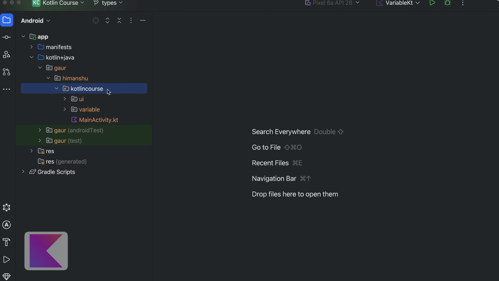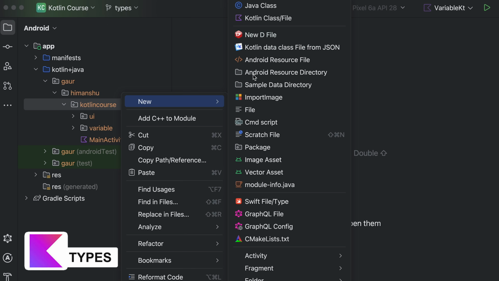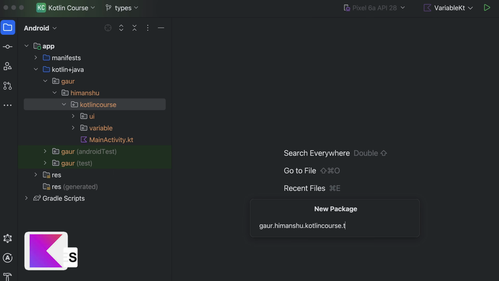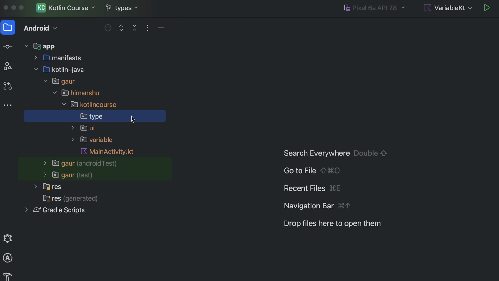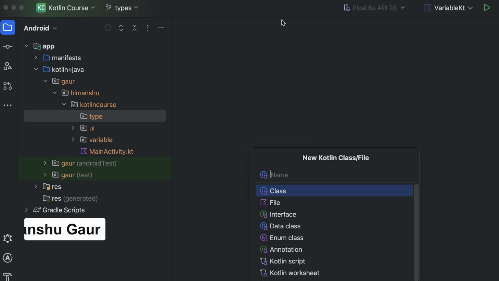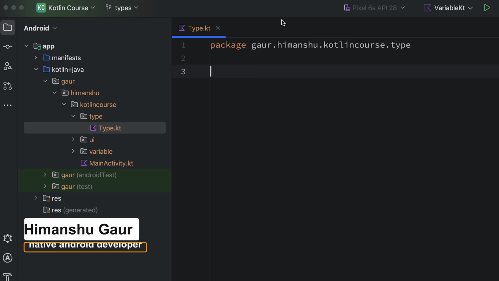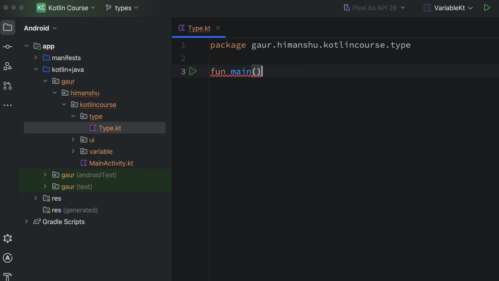Now we are going to see what is type in Kotlin programming. So for that, let me create a package, and the package name is type. In this type, I'm gonna create a file, and the file name is again type. We have here the main function, and in this main function I'm gonna create a variable, and the variable name is